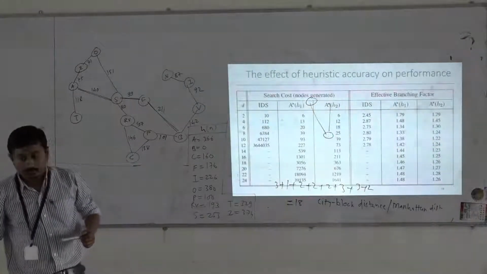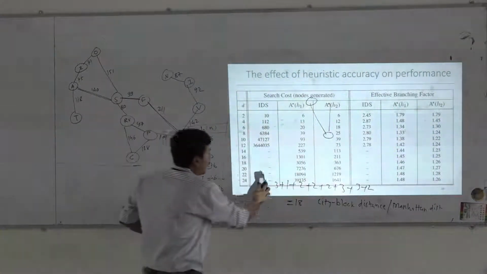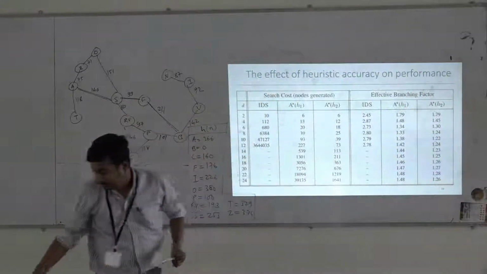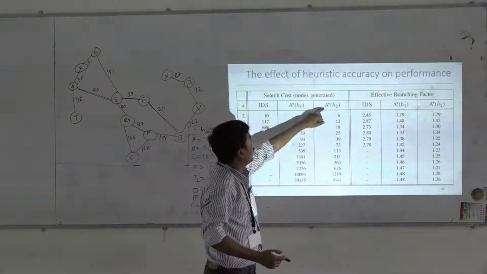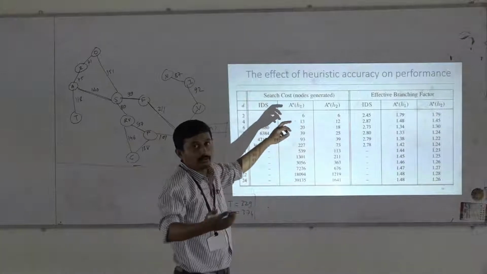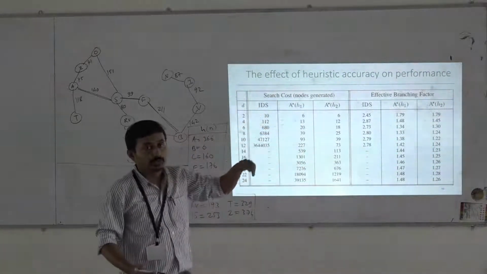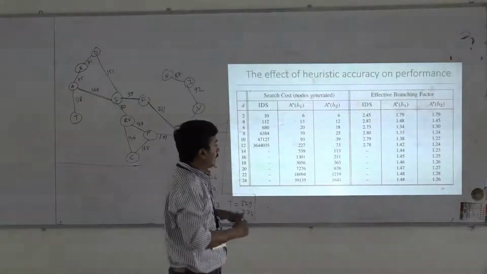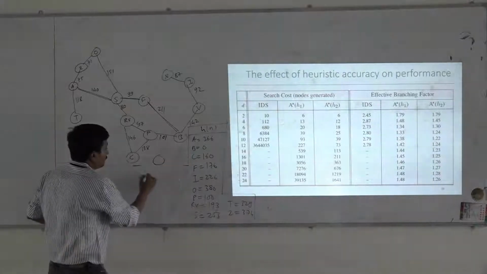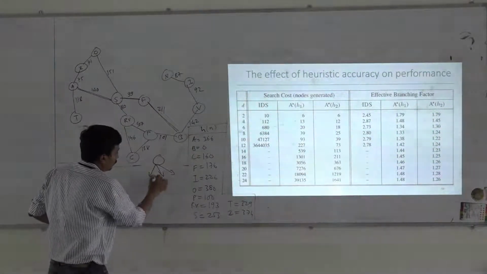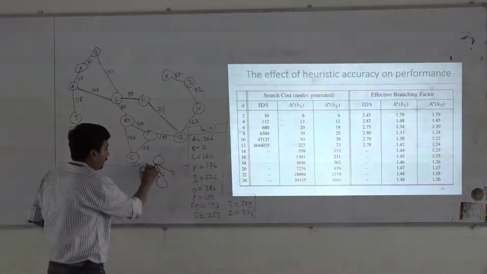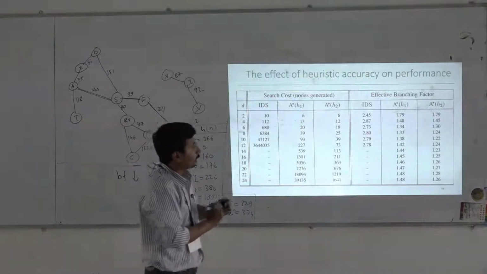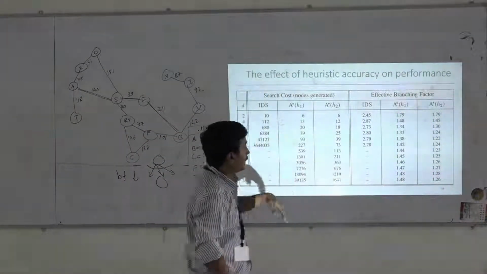Now if we use these two heuristics, how will it affect the performance of the search algorithm? Here we are using the A star algorithm. In order to compare with an uninformed search technique, we have chosen the iterative deepening search algorithm here. This heuristic function is allowing us to go in a particular branch, right? That's why the branching factor should decrease. It is evident from this example.